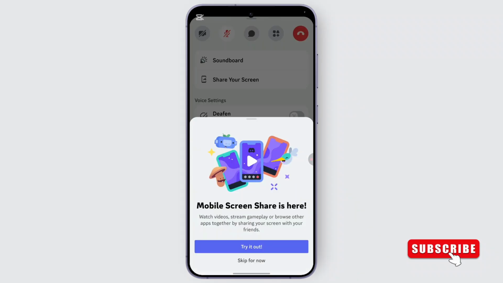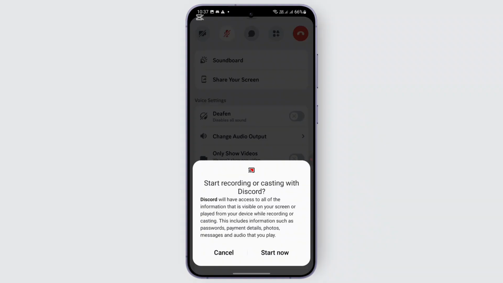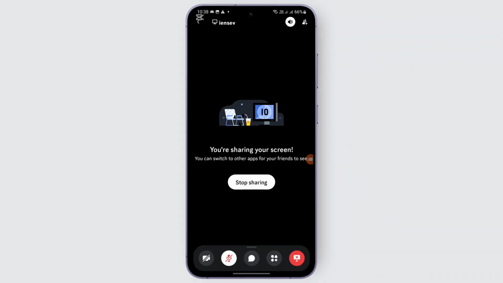And after tapping on it, this pops up. So you may tap on try it out, where if you do that, you will be watching videos, streaming gameplay, or browsing other apps together by sharing your screen with your friends. Once that is done, this pops up, so tap on start now, and once that is done, you'll be